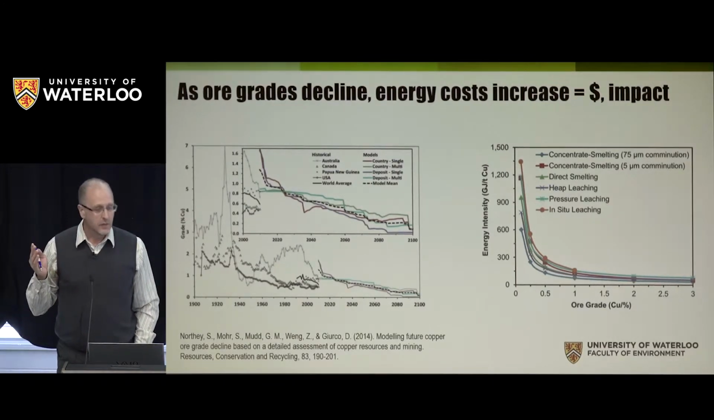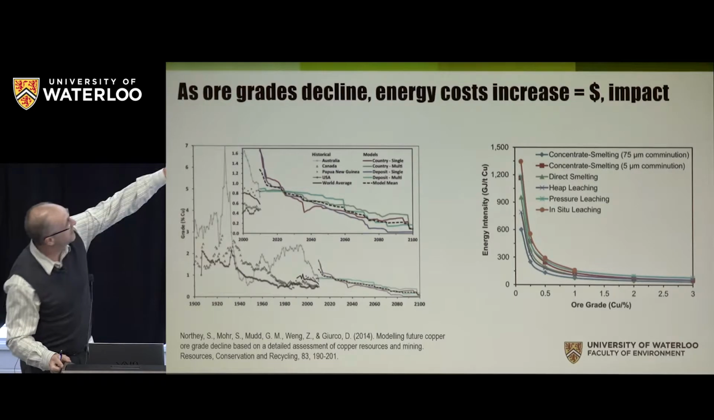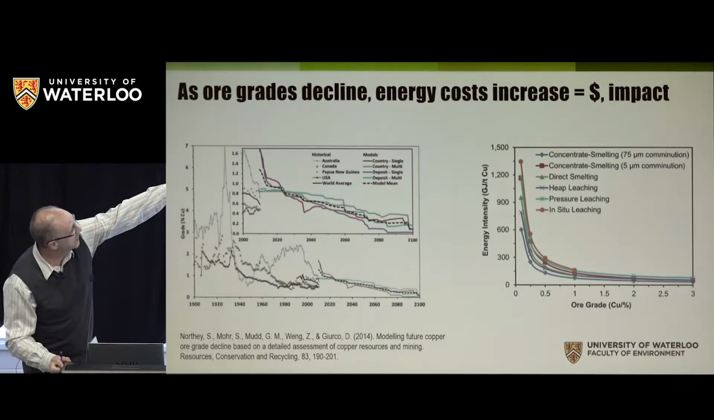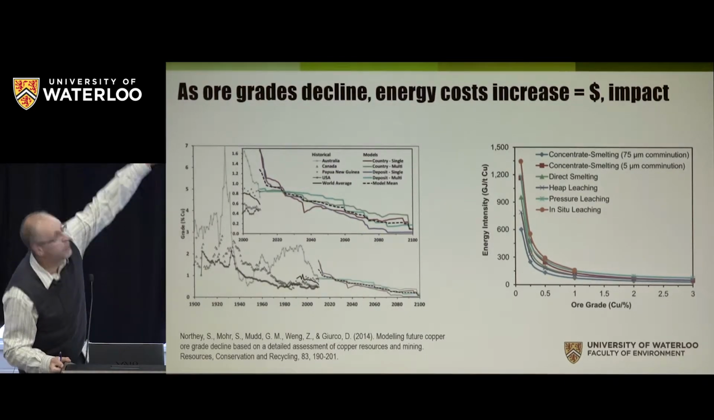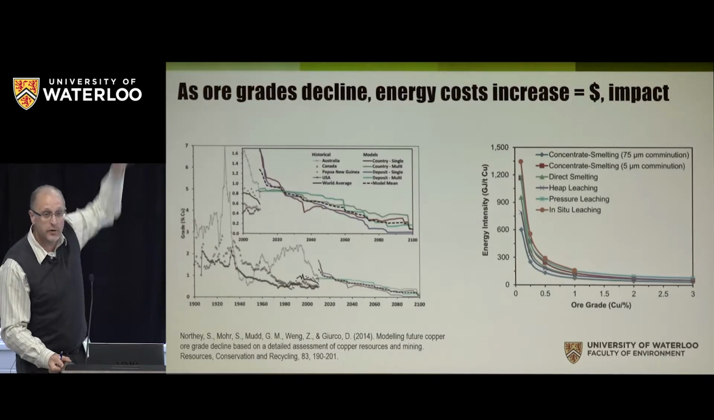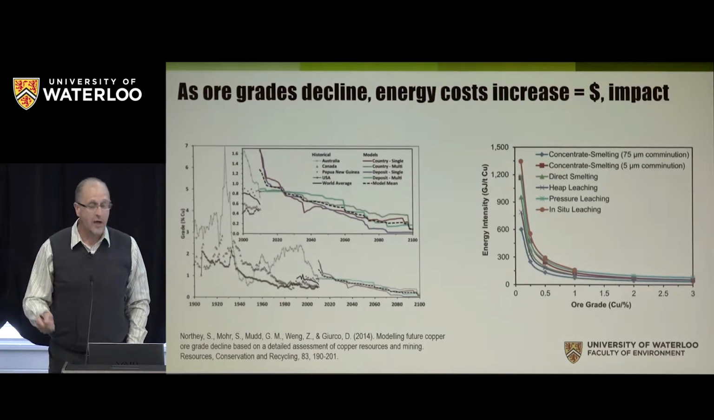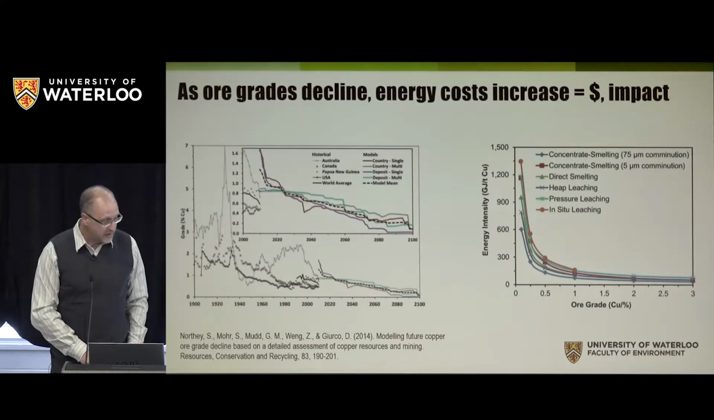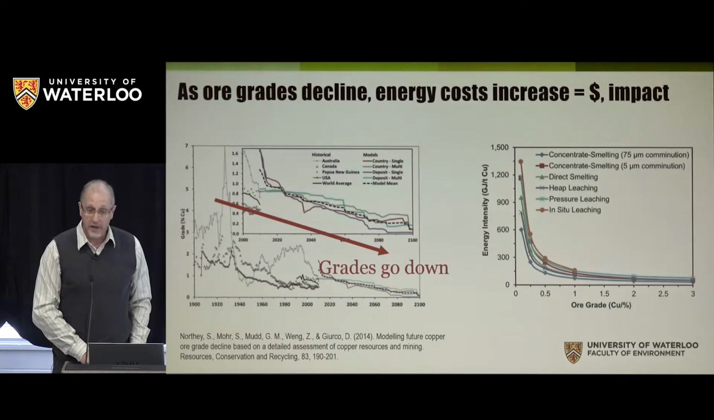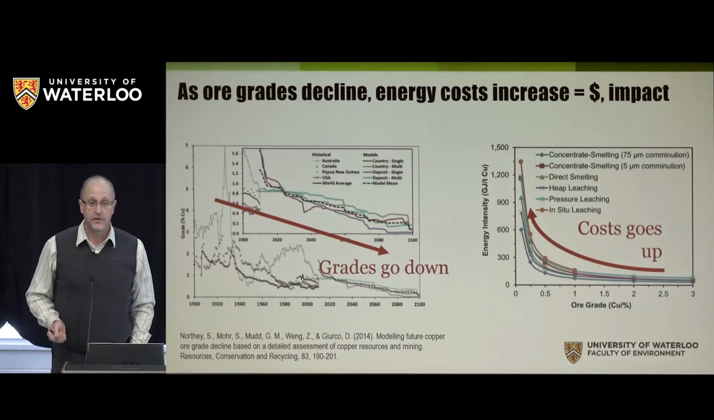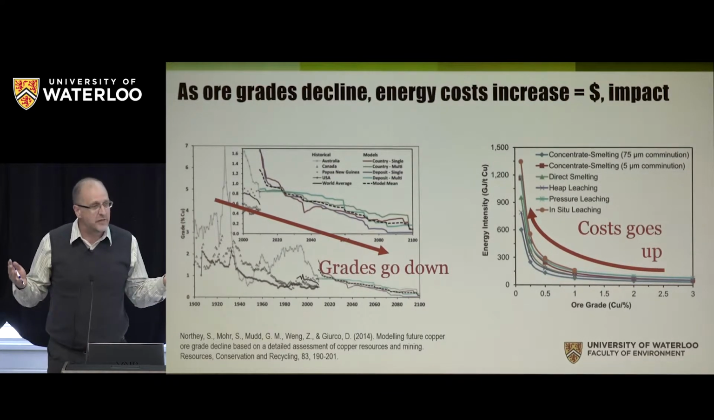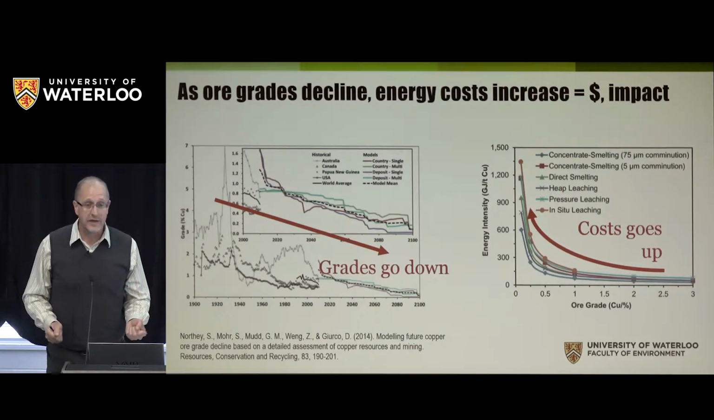Of course, on the right-hand side, the lower grade requires more energy in order to extract it. More energy means more money, more costs, more impacts in general. So you have this tendency also that as grades are going down, the costs are going up. So you have this interesting primary resource constraint that is forcing